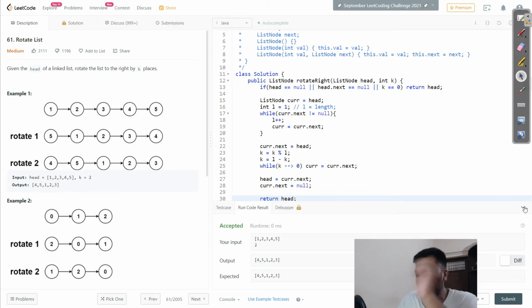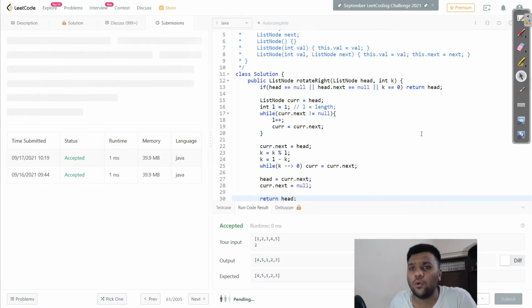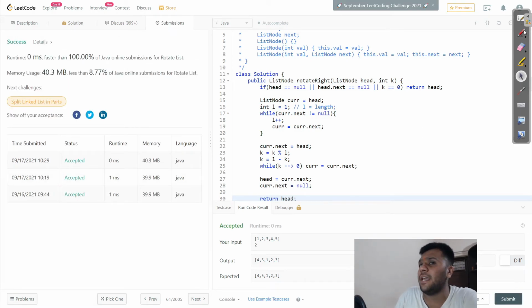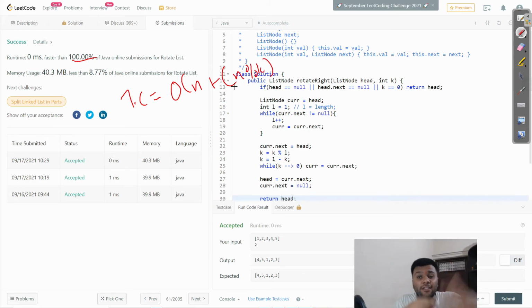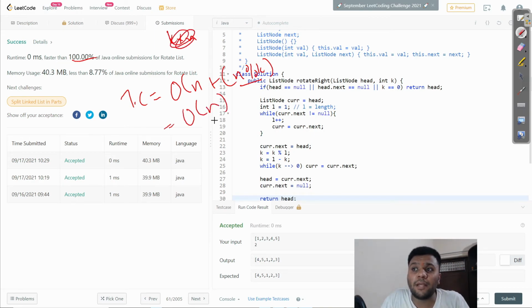Now you will ask what time complexity and space complexity we are dealing with. Let me submit it to see if all the test cases pass, and then I will tell you. And here we go, it's accepting 100%. So the time complexity is big O of n plus n modulus k, because we are not traversing k times. We just reduce it by n modulus k. If you use the naive approach and don't go with the optimal one, your time complexity will become k into n. But we reduce it by calculating n modulus k, and with the help of this, our time becomes big O of n.